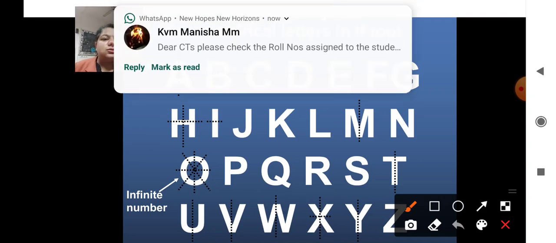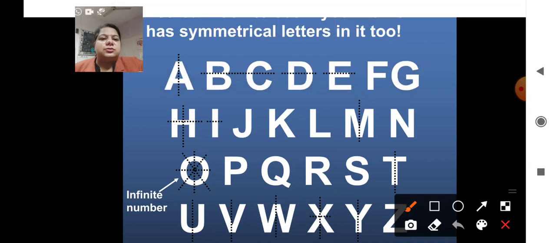Similarly, I also has both lines of symmetry, vertical and horizontal. Similarly K, if you write it like this, it will not have any line of symmetry, but in our school students we will write the K like this only. So K will have this horizontal line of symmetry, because we will draw K like this only.